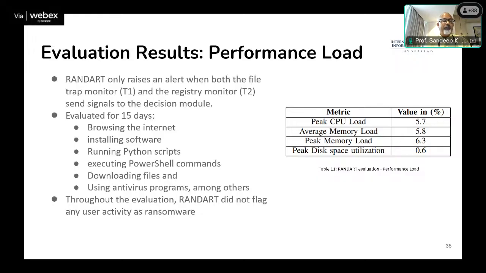Because if the traps are too many, the user may start interacting with the trap files, thereby creating false alerts, and that would mean this is not very good for use, because people will always get annoyed. But in these 15 days we ran various things, and we did not flag any user activity